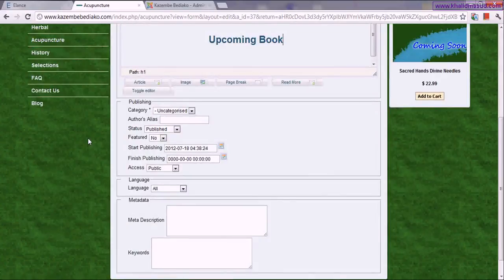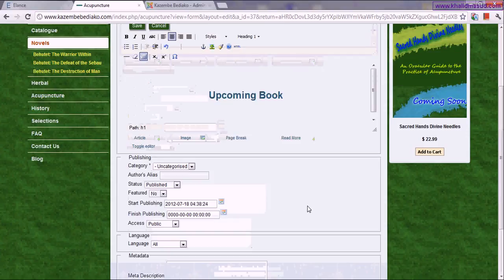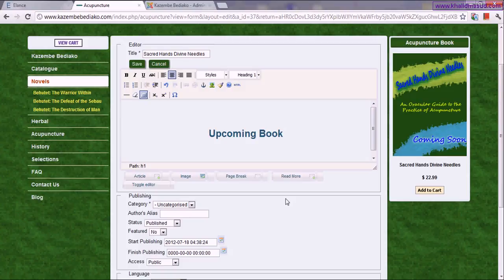And the second thing I would recommend is that you never ever change any of the options from here. It won't help you. It may harm your website look, but it won't help you. Second, only use these two boxes, meta description and keywords, if you know what these things are. If you don't know what these things stand for or what the purpose of this is, just leave this blank. It won't matter for your website for now, at least.